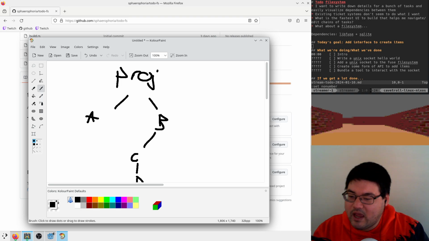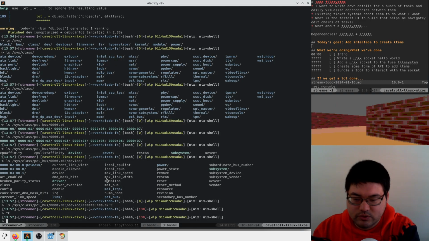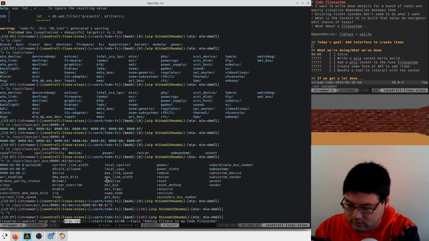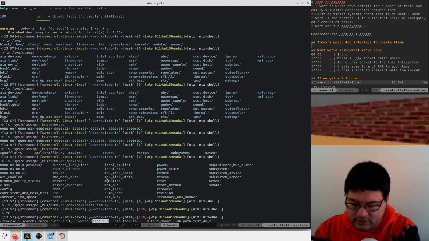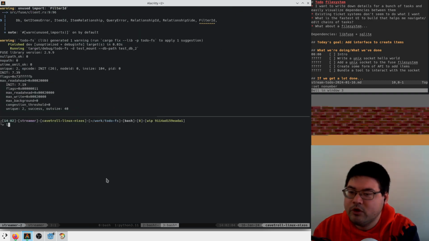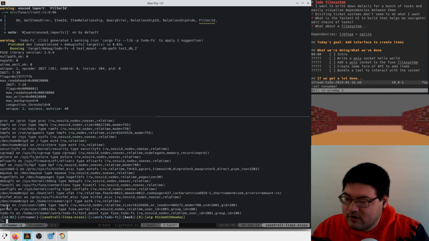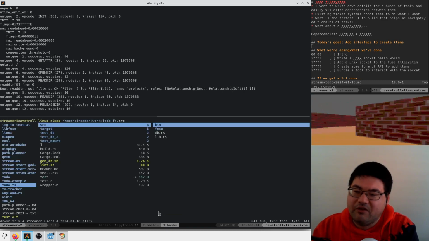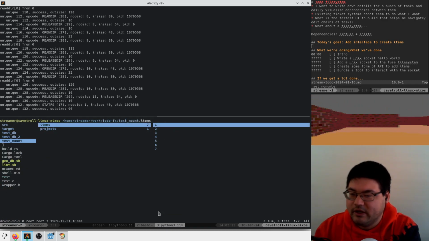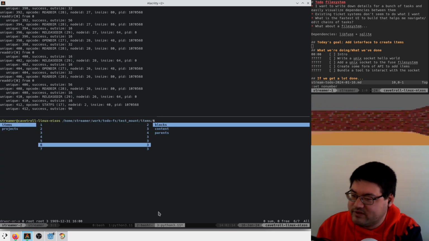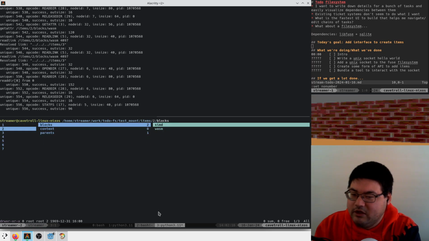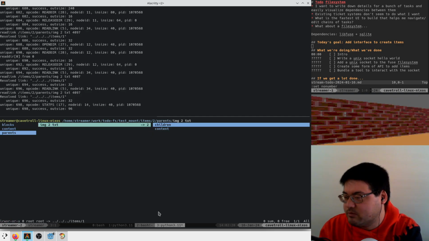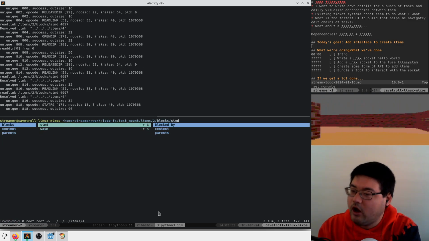Right now we actually have a file system where we can kind of visualize what we want. So if I cargo run my todo-fs and mount it at test mount, then if I type mount, I see todo-fs is mounted on test mount, so that's great. And if I go into that test mount, I can see all of the items I have. I have 7 tickets right now, and each one has a relationship to a project. So this guy is part of my image to text project, and he's saying, oh, this task blocks